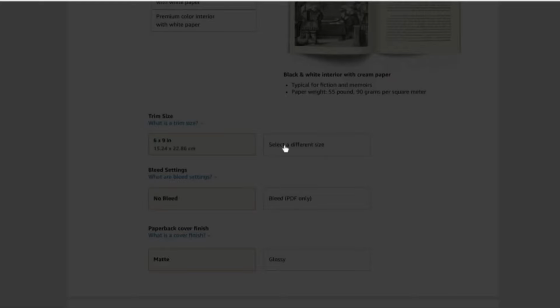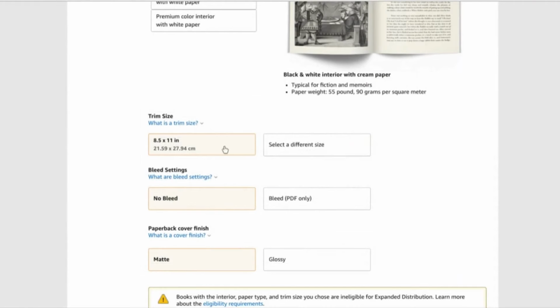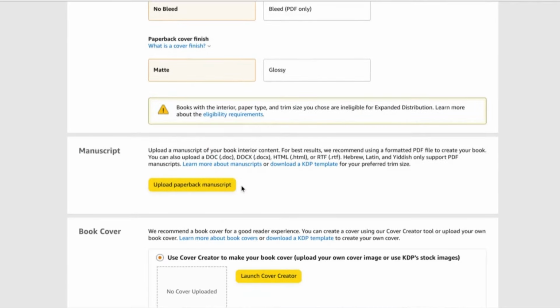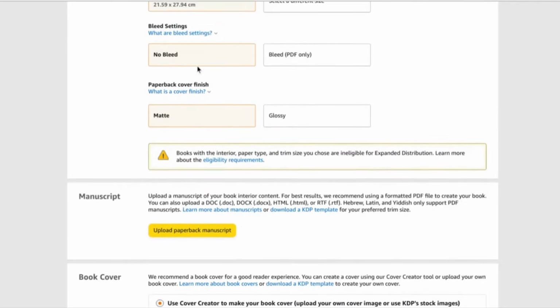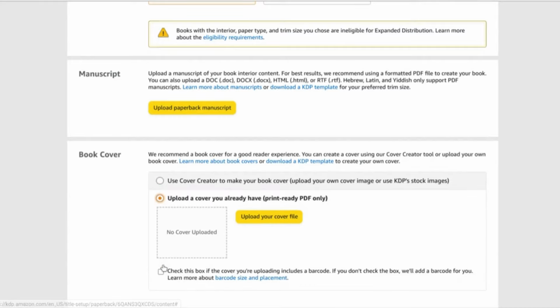And we need to change our size to match our interior and our cover, so that's an 8.5 by 11 design. You need to select no bleed or bleed based on what you created, the kind of interior you created, and then choose matte or glossy. So I'm going to go ahead and upload my no bleed manuscript and fill in the cover. You can use the second option here if you created your cover like I did in Canva,